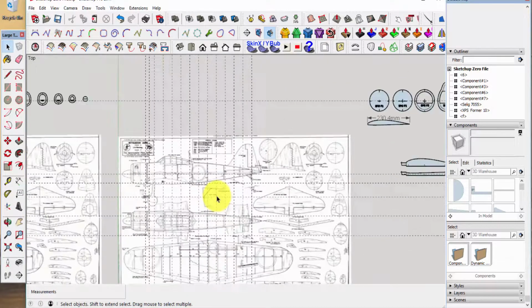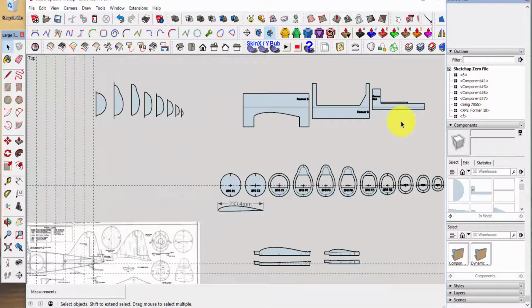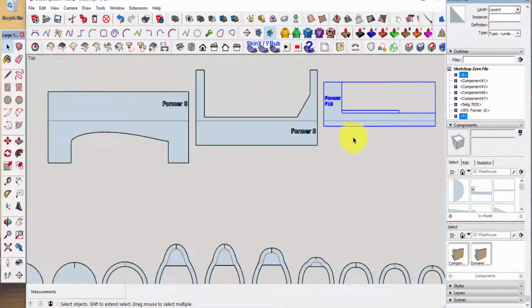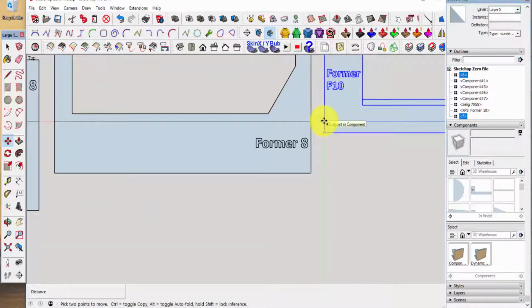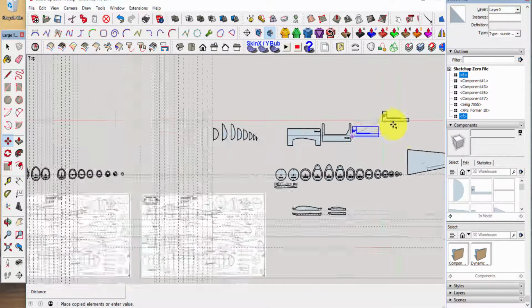We're next going to do the vertical stabilizer. So we're going to need a couple of these things down there. We're going to need this former, and we're going to need, not the former, but the template, and we're going to need the square cutout for the horizontal stab. So I've selected those, and I'm going to select the move tool and a copy, of course. So let's take the datum line. We'll use that as our point of reference. Now we've got a copy of these two